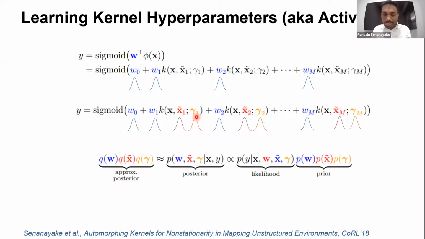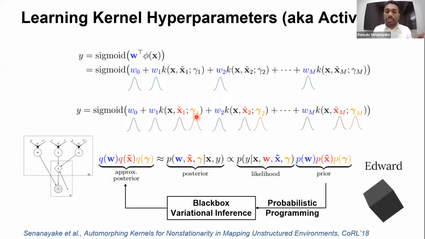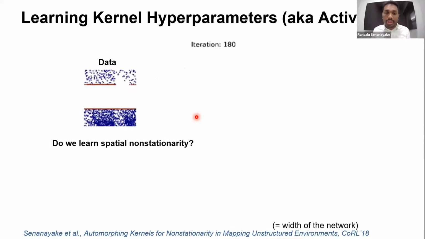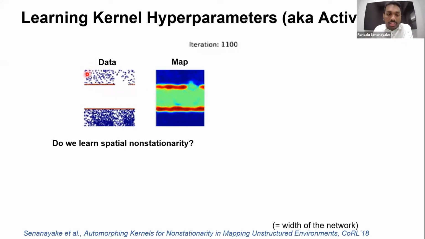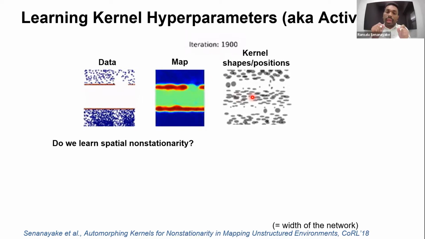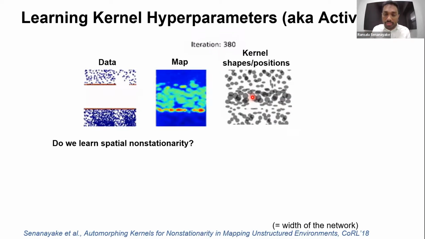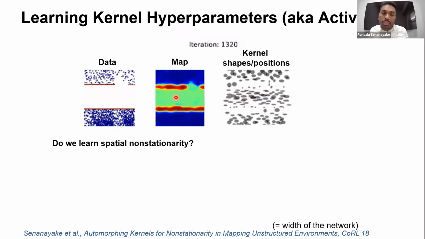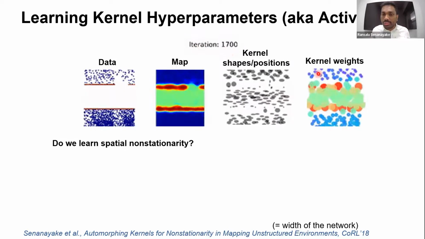I'm not going to go through how to do that, but say we do some inference and get all the parameters. So this is a data set. In this area, we do not have data. This is red, like LiDAR hits. This is blue, which is basically free area. And this is the map we get. Green means in that area, we do not have data. What I want to highlight is that when we have these Gaussian shaped kernels or activation functions, they actually align with the obstacle. You can see they align with the obstacle when we optimize over several iterations. We can also look at the weights.